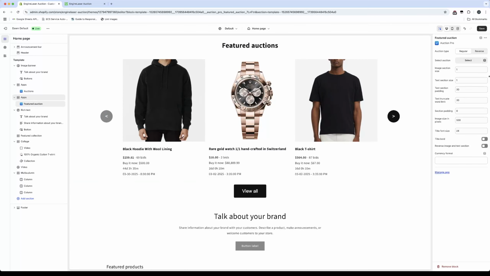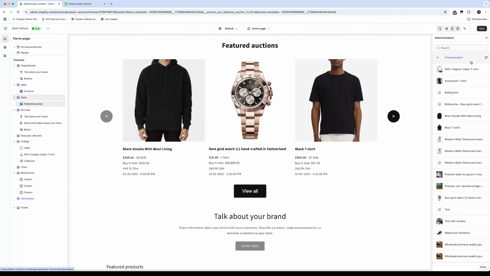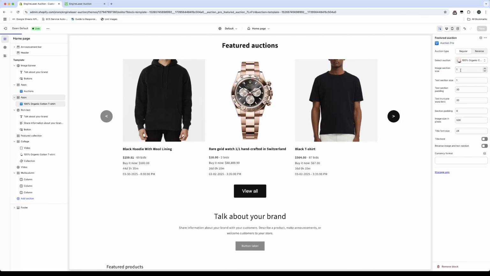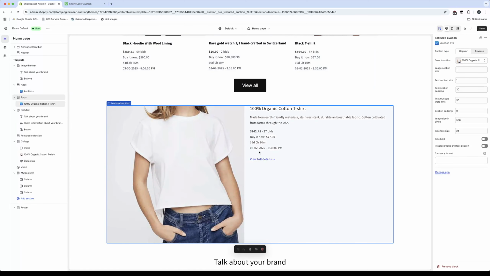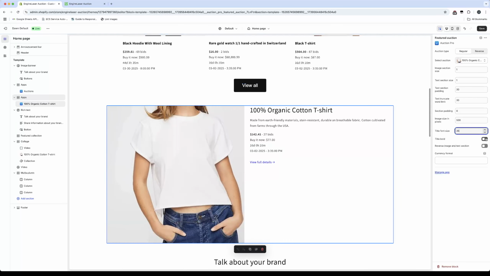From here, I will select an auction. Let's select this first one here. And now we can see an auction is displayed on the page. On the right side, we have a few configuration options. I will increase the title size, and I'll also make it bold so the title stands out more. And we can also